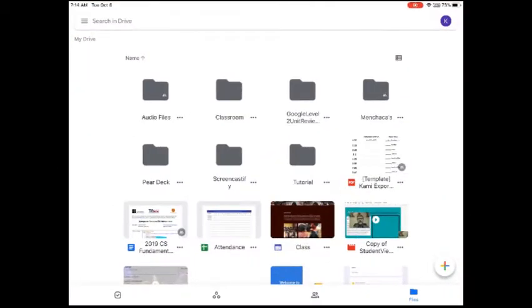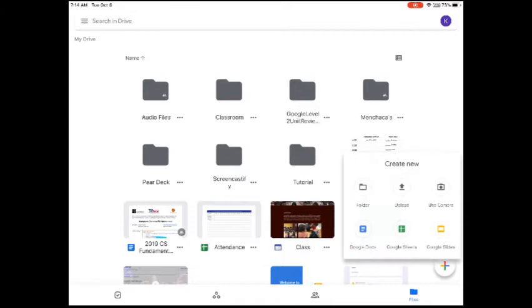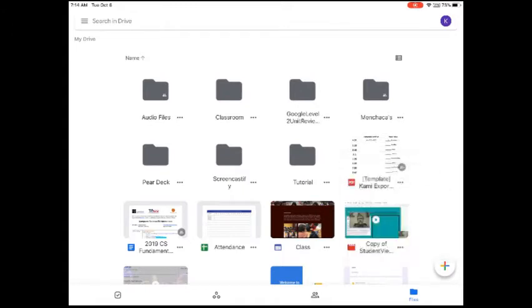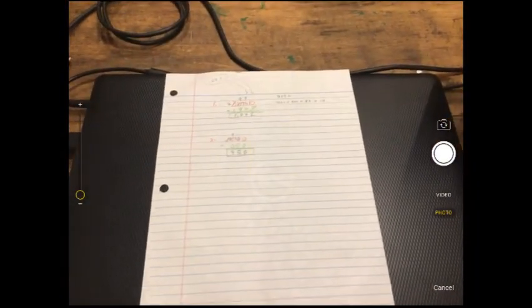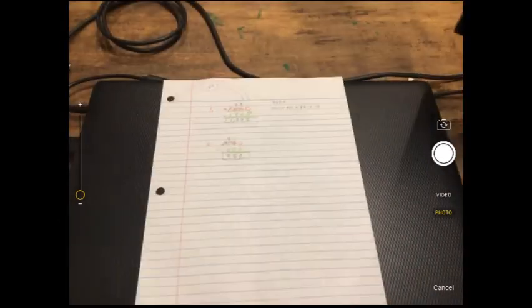So you're going to open the app and you're inside your drive here. You're going to click on the plus sign and we're going to use the camera to create new. So the camera comes up. I have the paper that I have been working on. I'm just going to take a quick picture